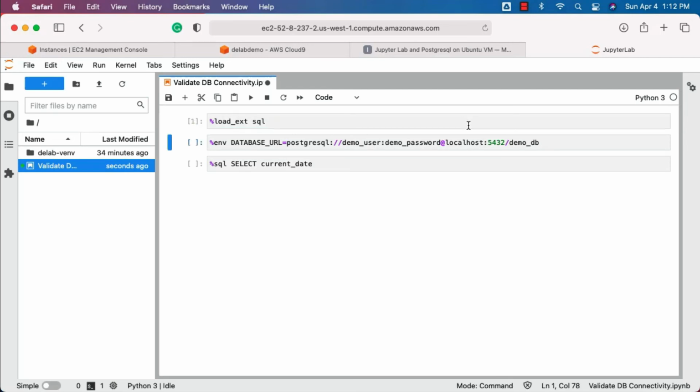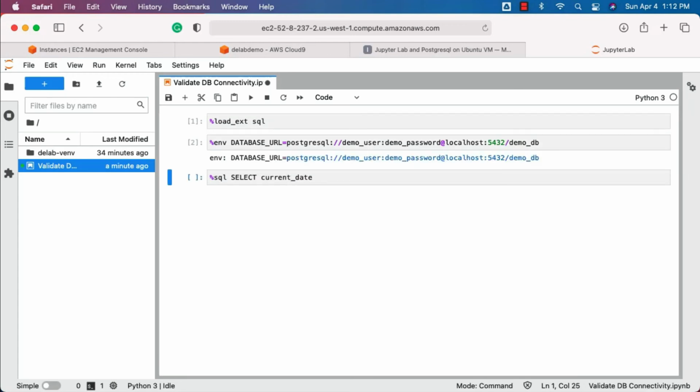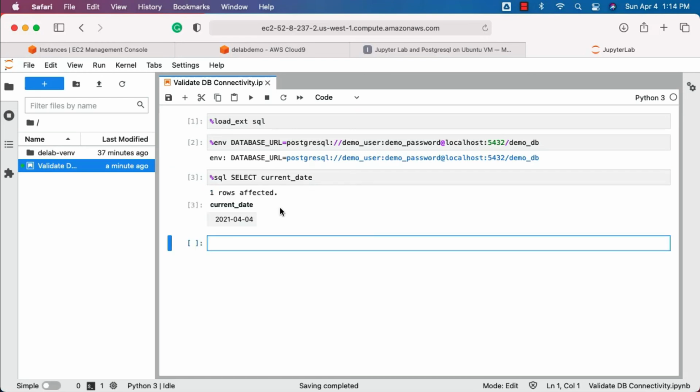Now let's run this. It is required to load SQL Magic. This will take care of setting the environment variable so that we can use SQLAlchemy under the hood to connect to the database. We don't need to write any code. We just have to set this environment variable. It will internally use SQLAlchemy to connect to the database. Now we are not sure whether it is connected to the database or not. If the query runs successfully, then we are connected to the database. If it fails, that means we are not connected to the database. Now let's run this. You can see that the query ran successfully and we are able to see today's date, which means we are able to connect to the Postgres database using JupyterLab.